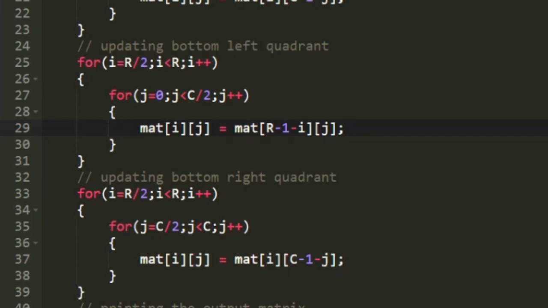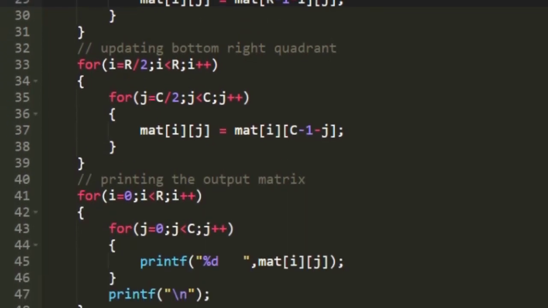And now the bottom right quadrant. To traverse through the bottom right quadrant, we have to iterate our loop from r by 2 till r, because it is a bottom quadrant and it is a right quadrant. So the second loop would be iterating from c by 2 till c, and in every iteration we are replacing mat[i][j] with mat[i][c-1-j], which we have already seen.